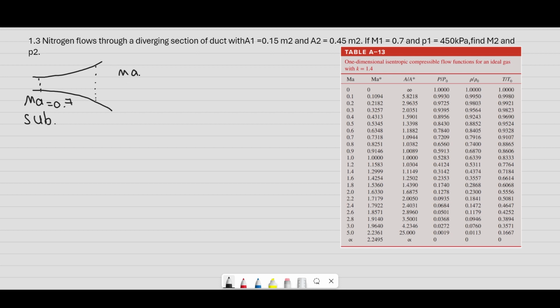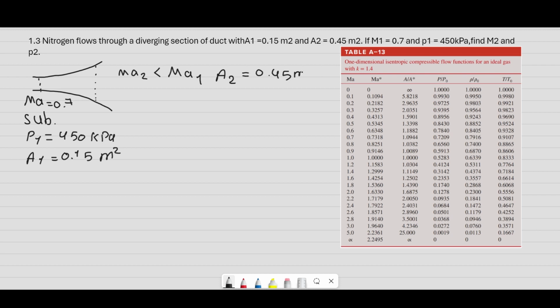So Mach number 2 is going to be smaller than Mach number 1. And we know the pressure of our inlet, which is 450 kilopascal, and the area is equal to 0.15 square meter, and area of the outlet is equal to